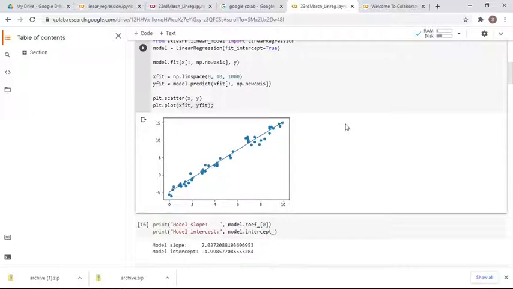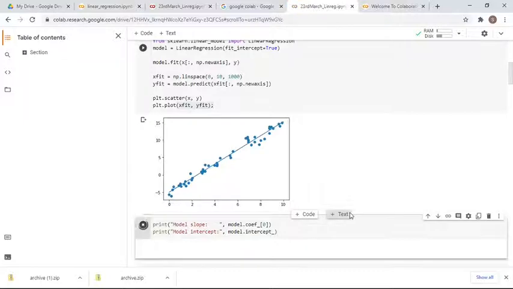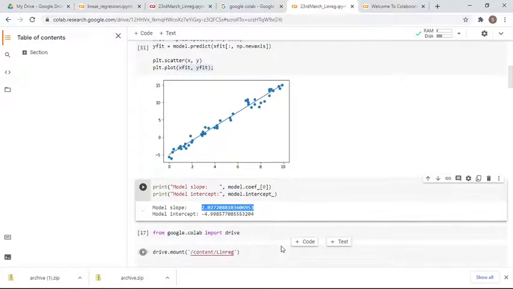Now what is the outcome of this fit? That also you can see using the coefficients beta 0 and beta 1, where beta 0, you remember, is the intercept, and beta 1 you remember those things, right? So that also you can print like this. Model slope is 2.02 and model intercept is minus 4.99. Okay, so this is the thing.